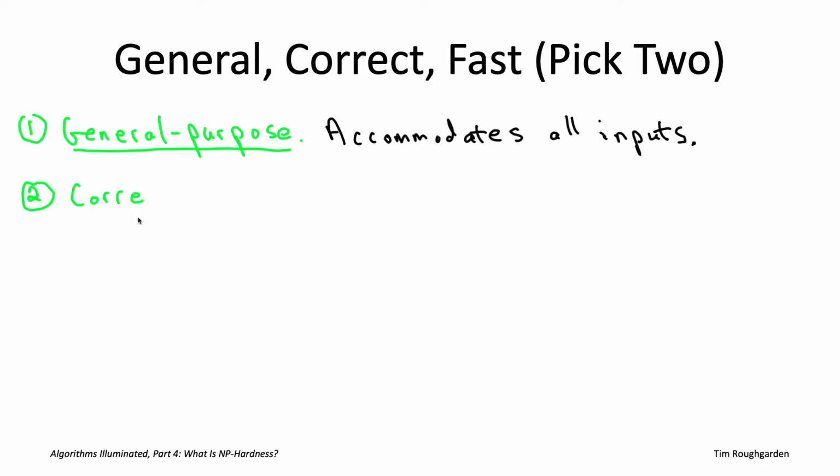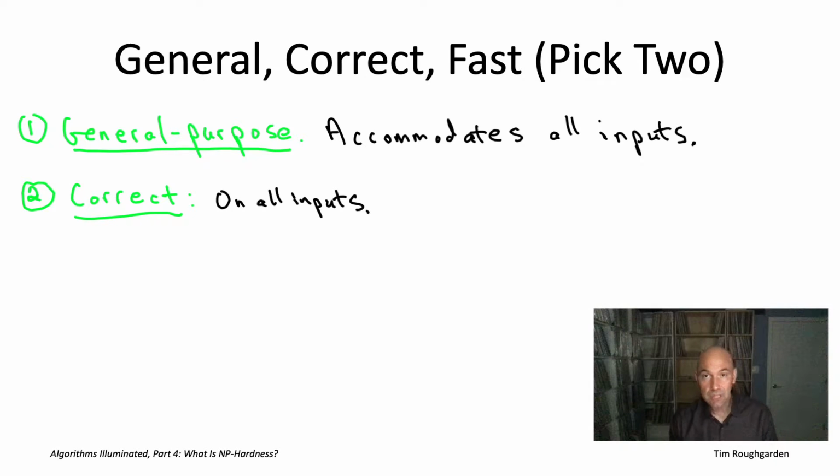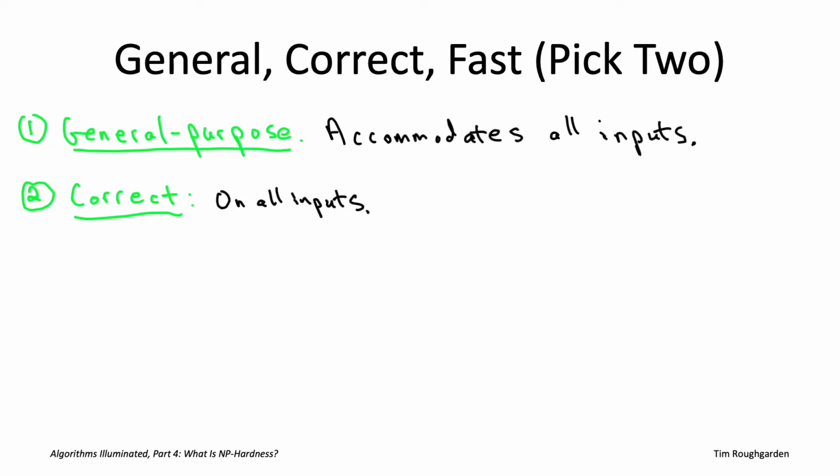Second, we would of course like the algorithm to correctly solve the problem, ideally for every single input. Similarly, we would like the algorithm to be fast, ideally something like linear time, but at the very least polynomial time, again without any extra assumptions about the inputs, no matter what the inputs are. And accordingly, you can choose from 3 types of compromises.